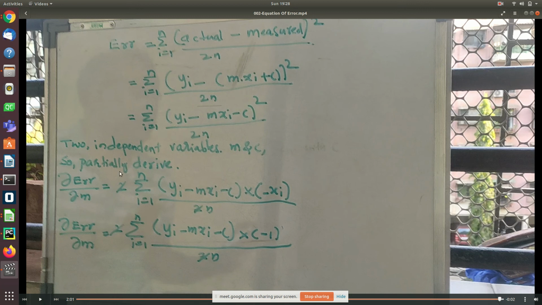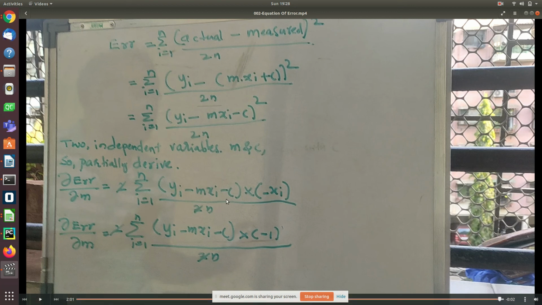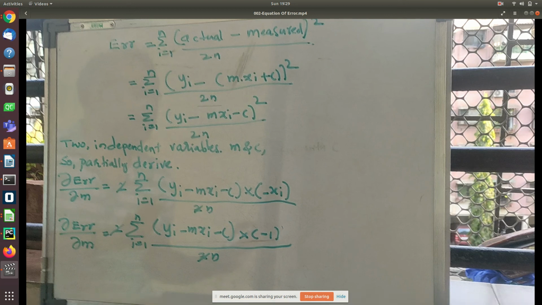So you should somehow try to remember this equation. Are you guys convinced with the partial derivative? Derivative, single derivative is difficult, where did partial come from? But it is nothing: derive once with m, derive once with c, as simple as that. When you derive with m, c becomes constant. When you derive with c, m becomes constant. So when we derived with m, c remained constant, so only what has m, I wrote here. When I did it with c, d by dc is simply minus 1, because of the minus sign. It is easier with x and y, but guys, this is not x and y, this is m and c.